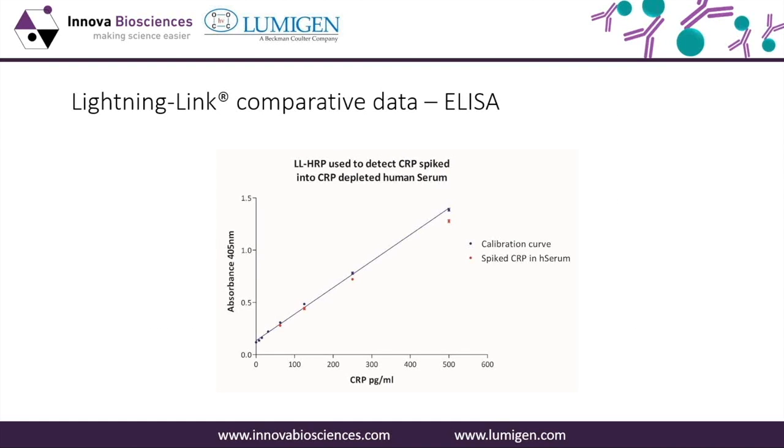Finally, this is a slide showing some ELISA data. This is a very sensitive CRP ELISA. You can see we're down in the picogram per mil CRP detection. This was using a calibration curve and spiking in some CRP into CRP depleted human serum to see what was happening if we got the same signal. And you can see that we've got a nice calibration curve, nice straight line, really clear results, small error bars,